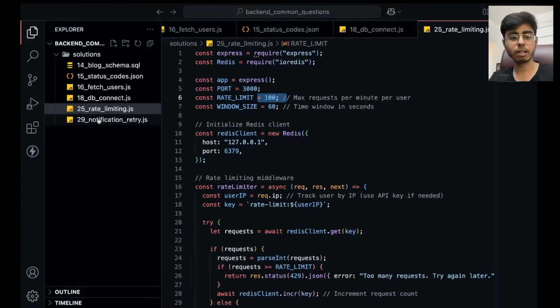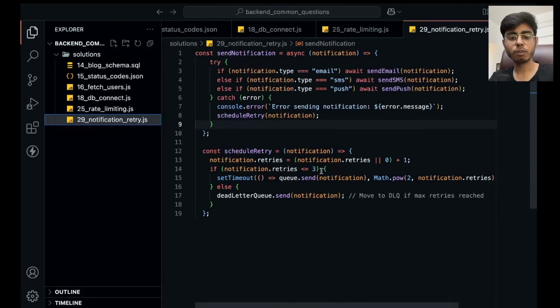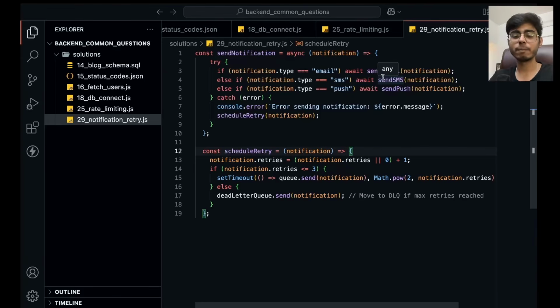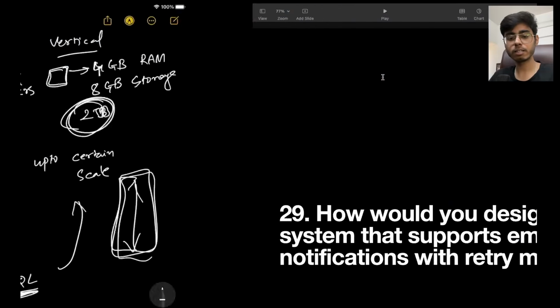line 29, file 29, and over here I've written the very simple code. So just see what I'm doing. I have not written any notification code because you might be using Twilio, you might be using Firebase notification, or you might have your own push notification system, like MoEngage and all of these tools are there. So you can either use that, but basically the concept over here is, so if I show